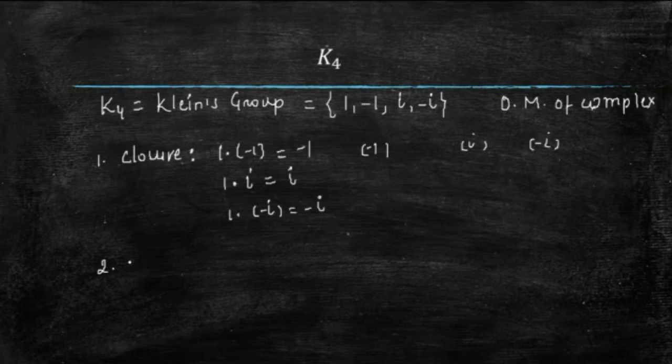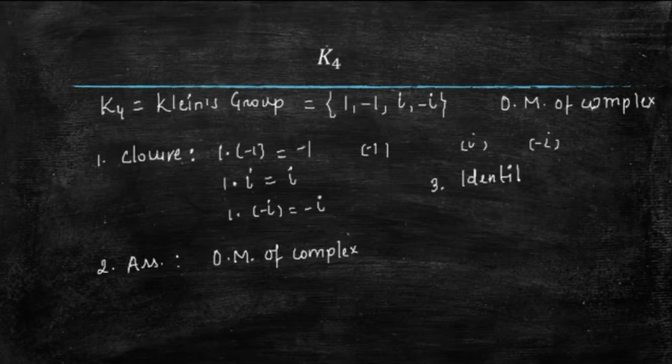Second, you have to prove the associative property of the binary operation, ordinary multiplication of complex numbers, and I know that ordinary multiplication of complex numbers is associative. So this operation is associative already and hence it has to be associative on K4. Now the main task is to find out the identity and the inverses. See what is the identity.